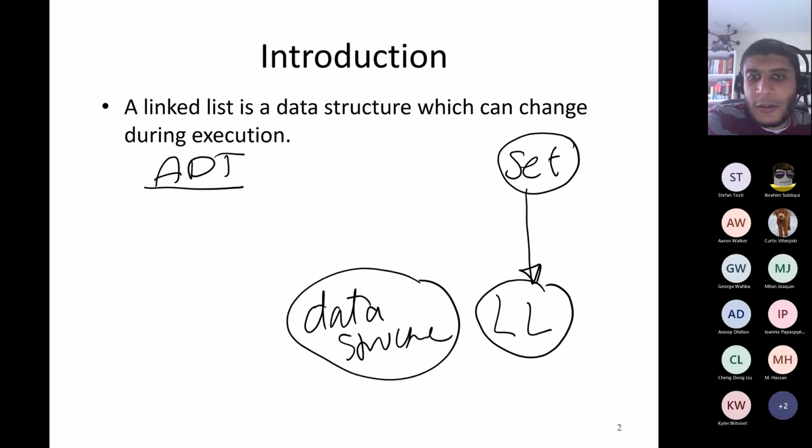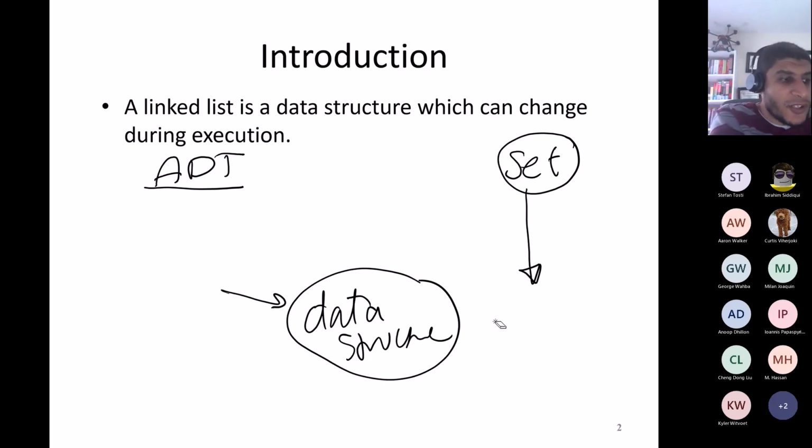So the ADT is the abstraction side of things, which is, again, in our case, just a math concept here. While how do we implement it? You implement it using a certain data structure, for example, a linked list. This makes sense? Simply, a data structure is how you materialize and implement some abstract data types. And as you can see, sets can be implemented using a linked list, or using arrays, for example, or queues or stacks. You will discuss different data structures in